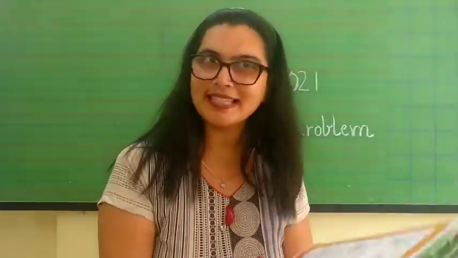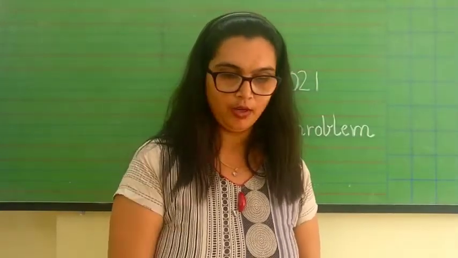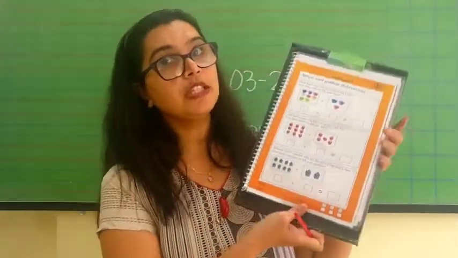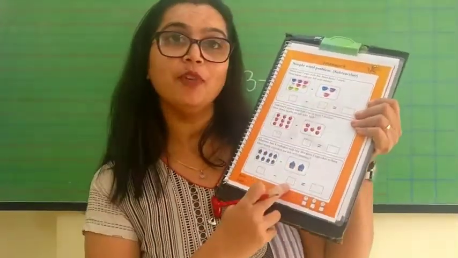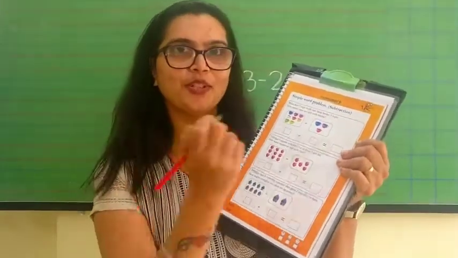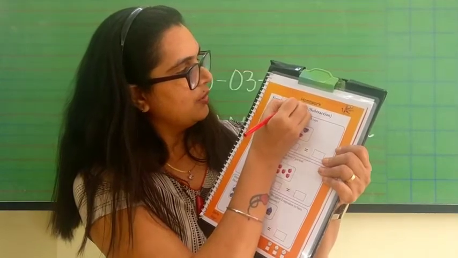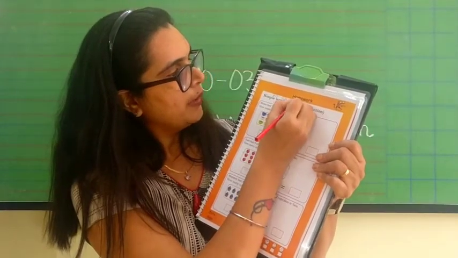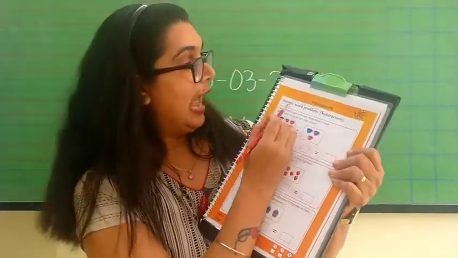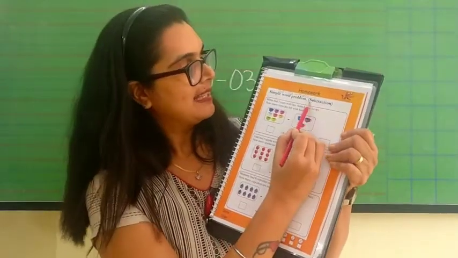And for your home extension activity, in your numeracy homework book, page number 140, you are going to do the same worksheet by yourself to practice. So for that, you are going to write today's date, 30/03/2021. Don't forget to write your name over here and this simple word problem for subtraction.